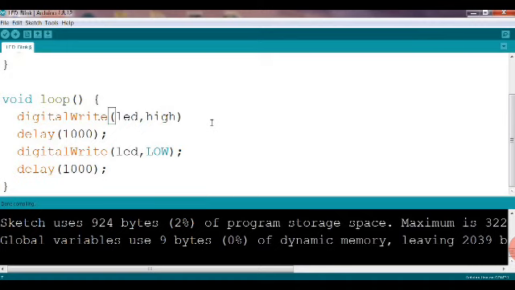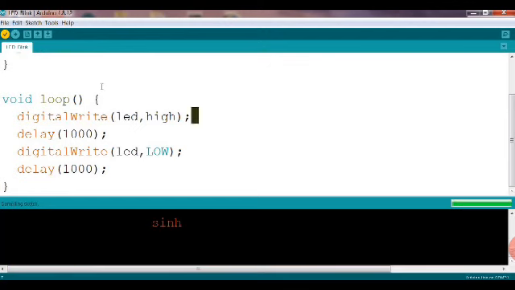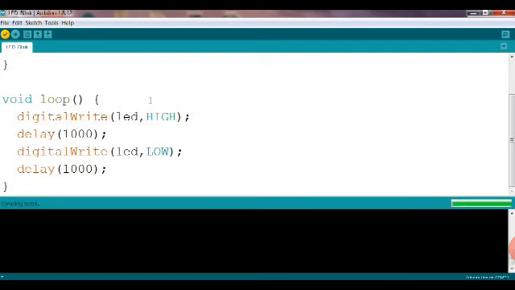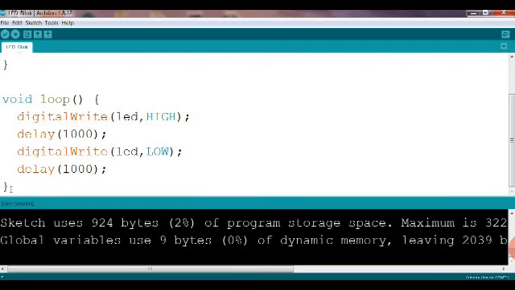And even if I replace the capital HIGH with a small letter high, you can see it will give the error. So that is just to tell you that if you make a mistake anywhere, it will tell you, and even small letter and capital letter have meaning. The name I have given to the LED can be given in any way, small letter or capital letter. But other than this, wherever I am writing capital or small, which you see in a different color, that must be written exactly.